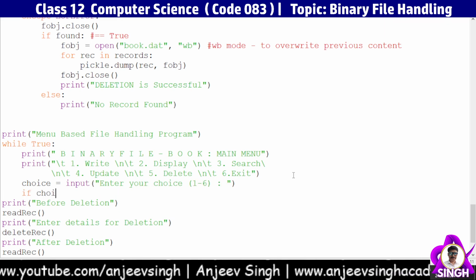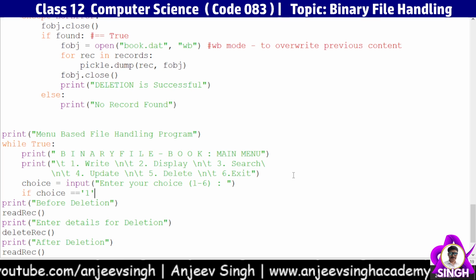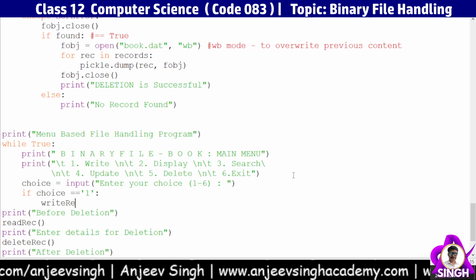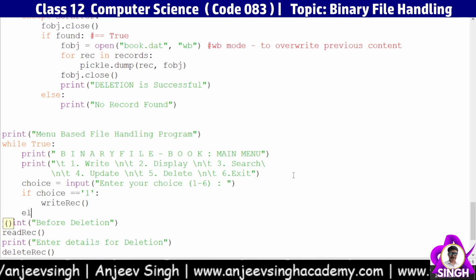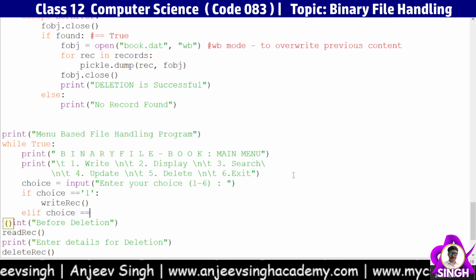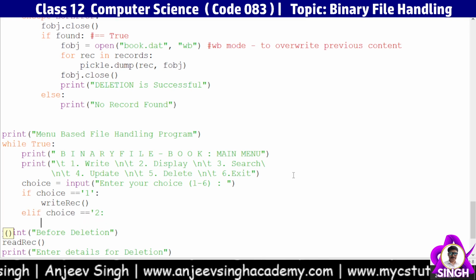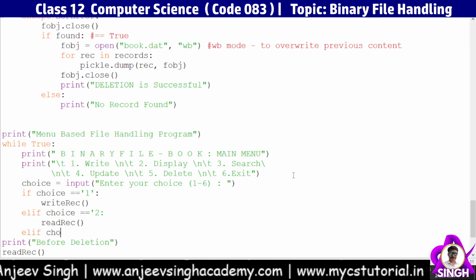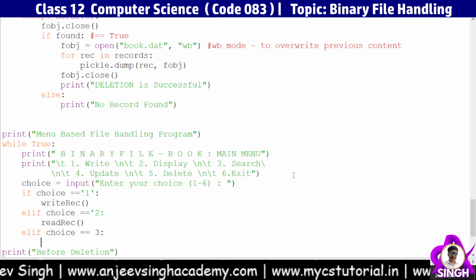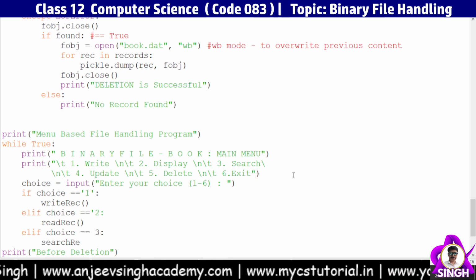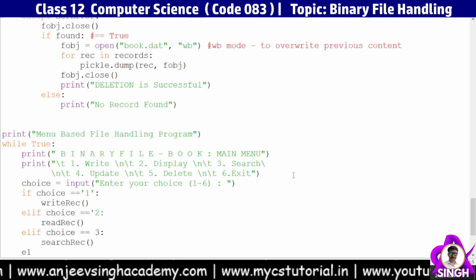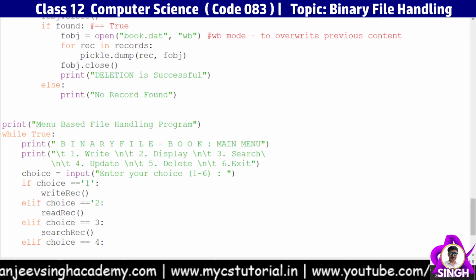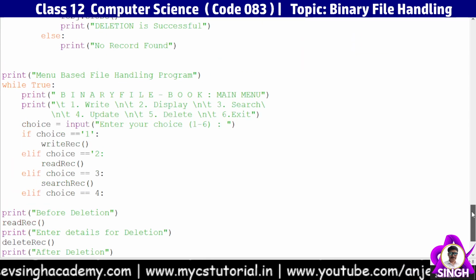And now if choice equal to 1, तो क्या होगा, choice record, ठीक है। else elif choice equal to 2, then क्या होगा, read record, okay. elif choice equal to 3, then search record, okay. elif choice equal to 4, क्या होगा, choice 4 में क्या कराना है, हमें अपडेट